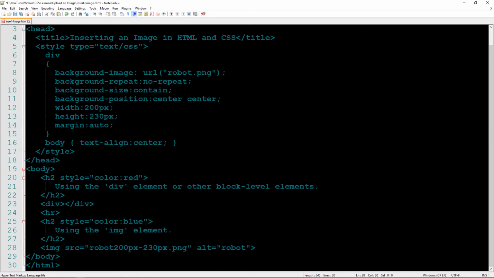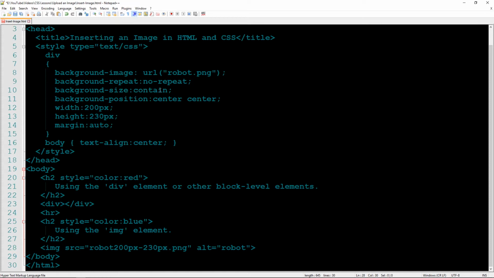And note that all I have to do for the CSS is change the width and the height. I'll show you. I don't have to change the file name in any way. I can change the size to any size, and in the CSS for the background size, what it does is,